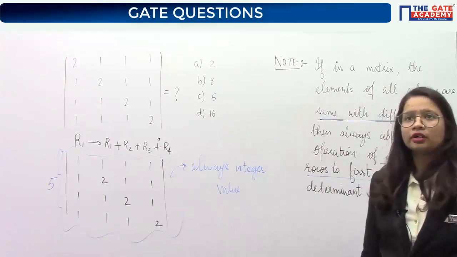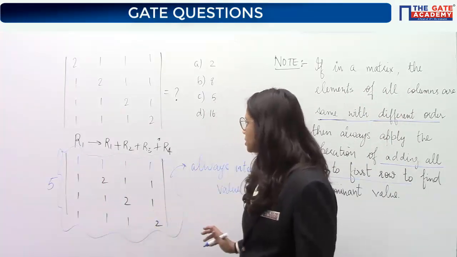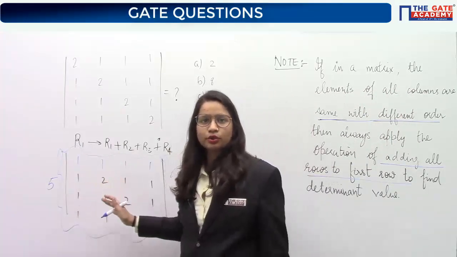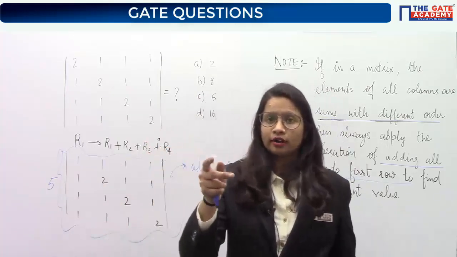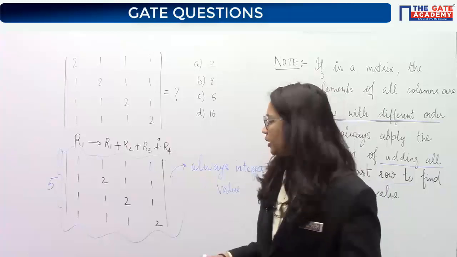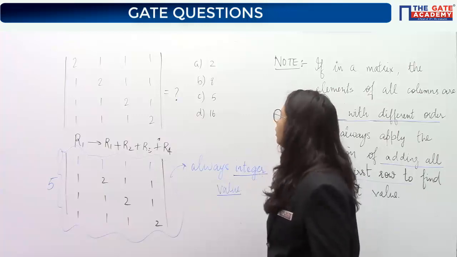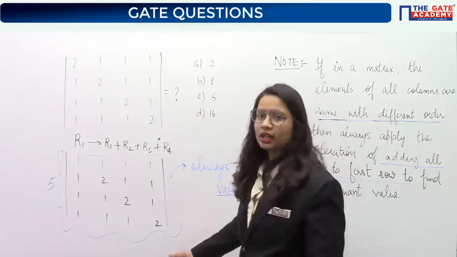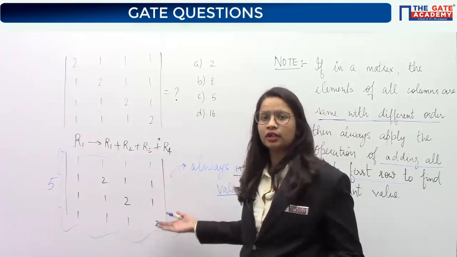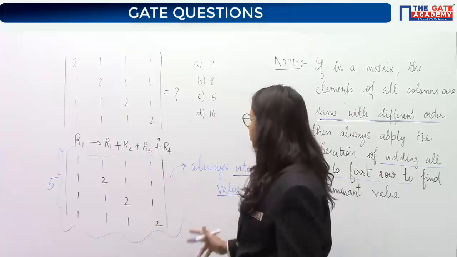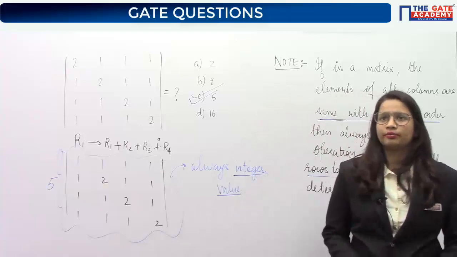Did you get it or not? What I said is that there are all integers here, and all you need to do is multiply, add, and subtract the integers to get the determinant value. Finally you will get an integer value again, so it will not be a fractional number. Now it means that the answer will be a multiple of 5 itself. Either it is 5 times 0, 5 times 1, 5 times minus 1, 5 times minus 2, but it will be a multiple of 5 only. That suggests that your answer is option C.